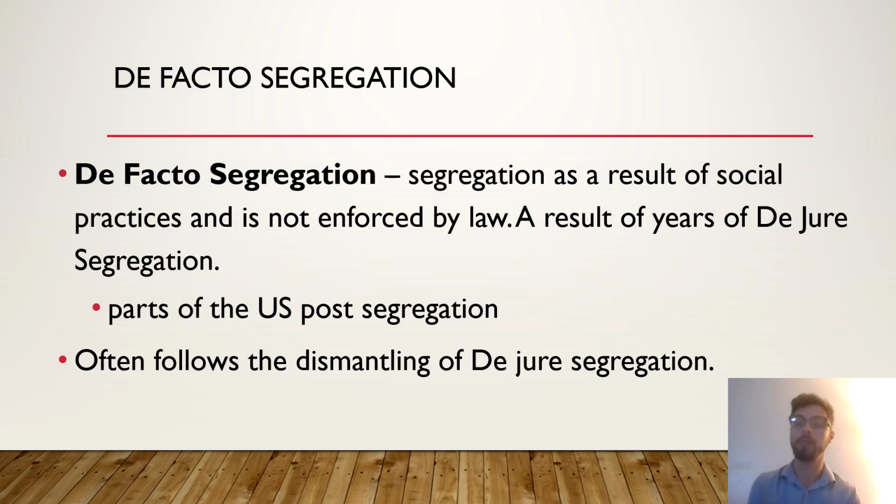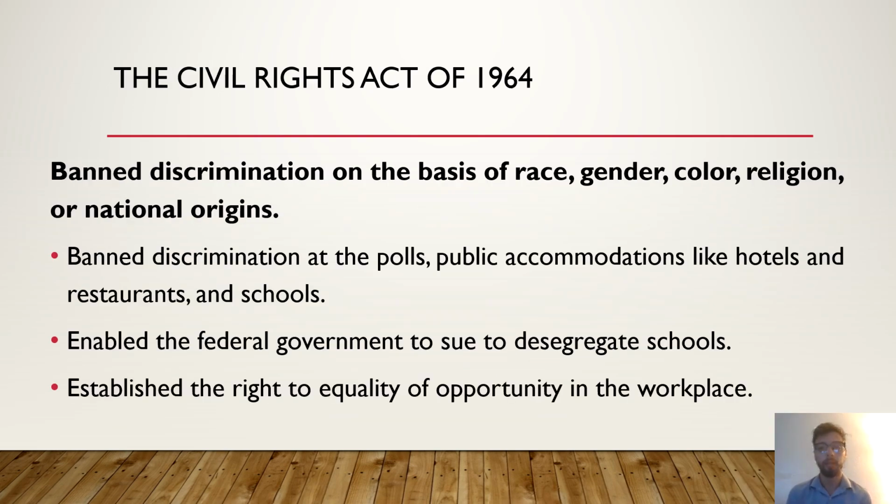This will always follow the dismantling of de jure segregation, and political scientists argue that this is almost always an extended and long period of progressing access to class mobility within a single society from a collective that was previously restricted due to legislation. Now, let's talk about the legislation that ended de jure segregation and opened the door for a gradual dismantling of what we understand as de facto segregation.